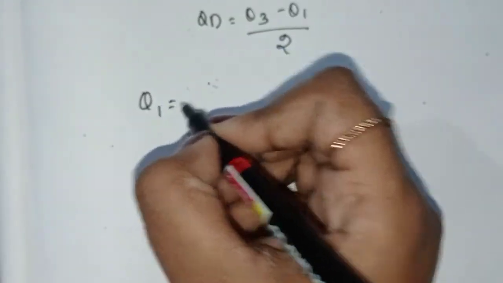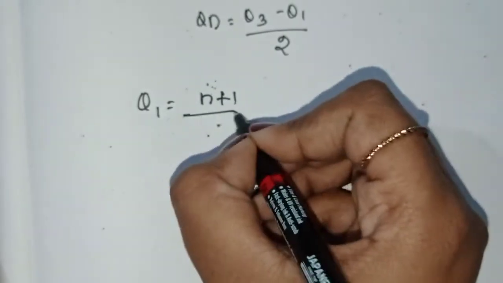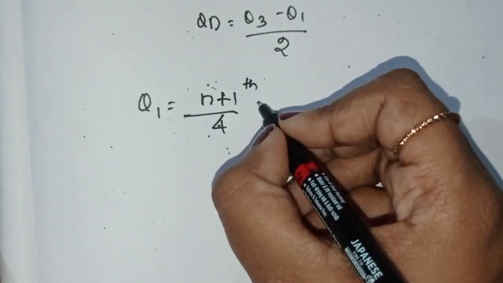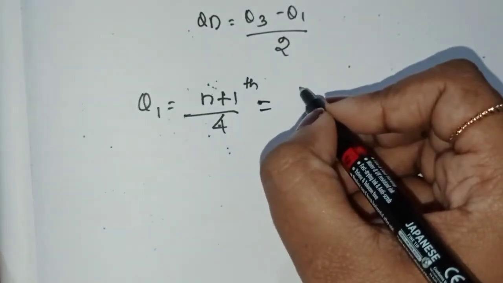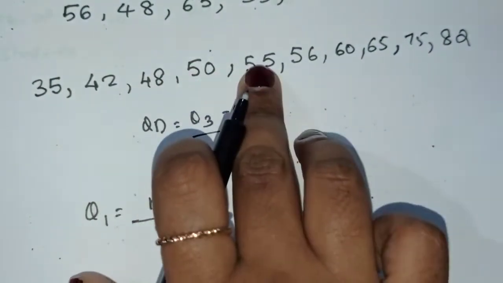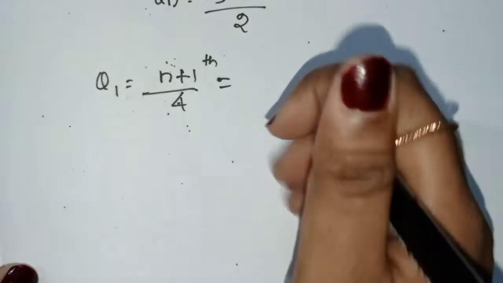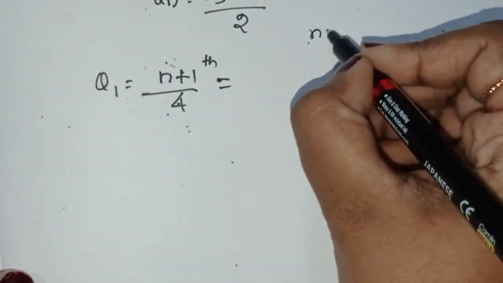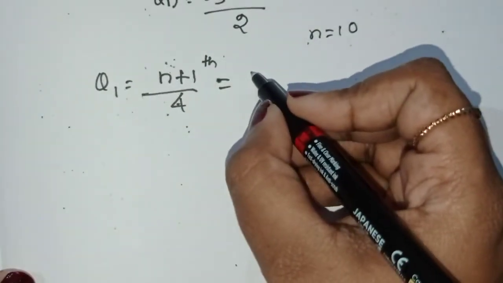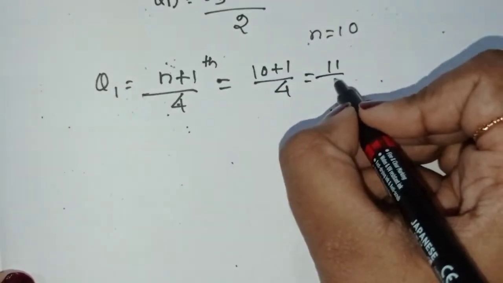Now Q1 is equal to the (n plus 1) by 4th value. Now here n is the number of items. How many are there? 1, 2, 3, 4, 5, 6, 7, 8, 9, 10. So there are 10. 10 is the value of n, the number of observations. Okay, we have found out that it is 10. So we'll just write 10 plus 1 divided by 4, that is 11 by 4, equal to